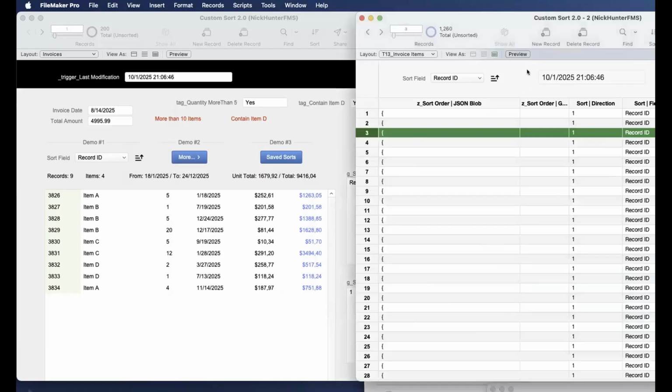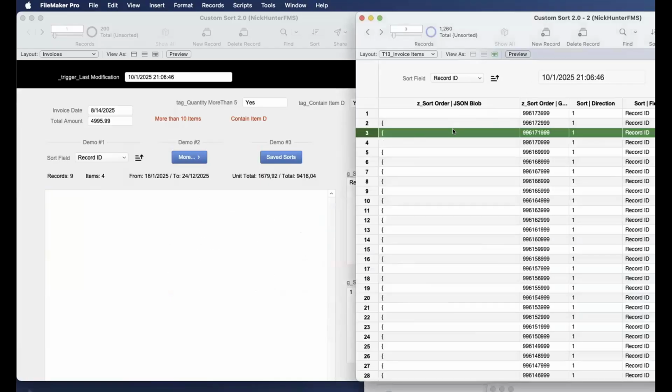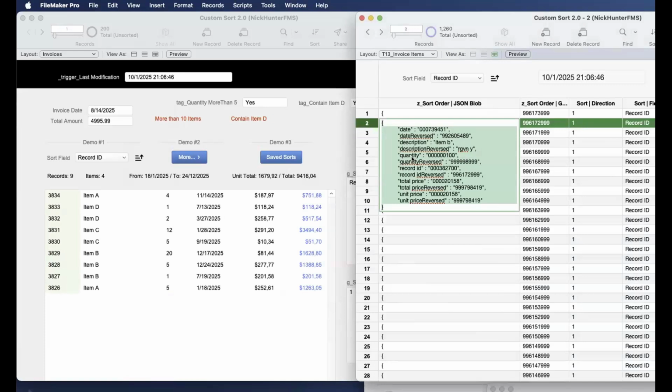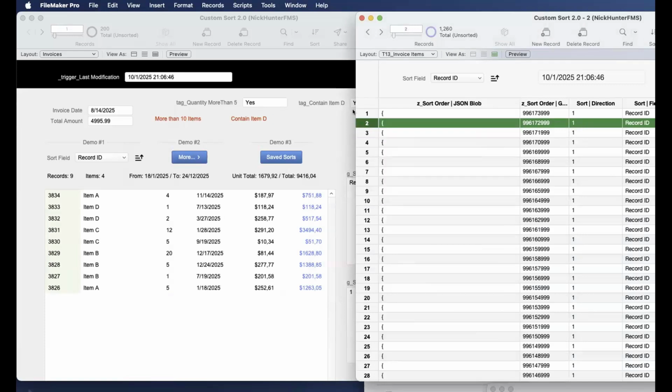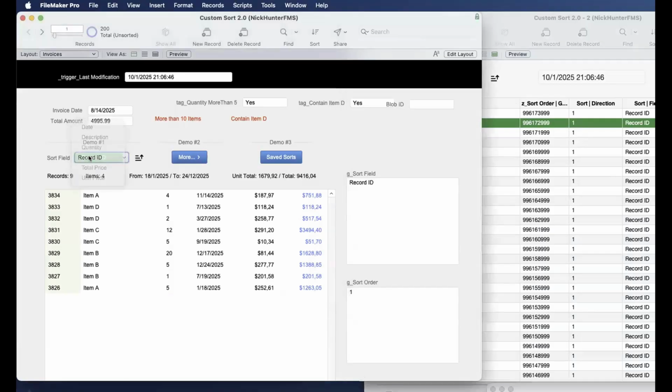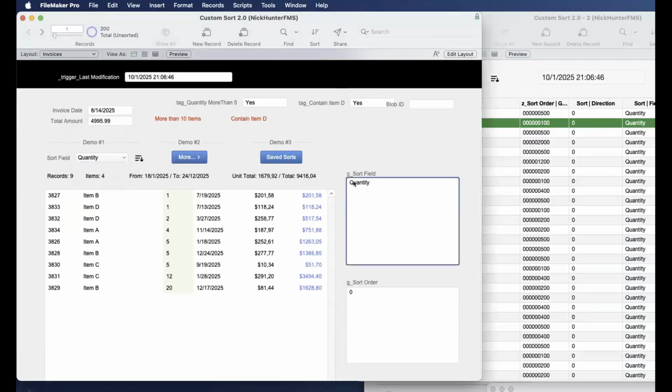So the blob has been recalculated and I have the record ID here. So now record ID works. Record ID ascending, descending, ascending, descending, the quantity ascending, descending, right? And I can say,